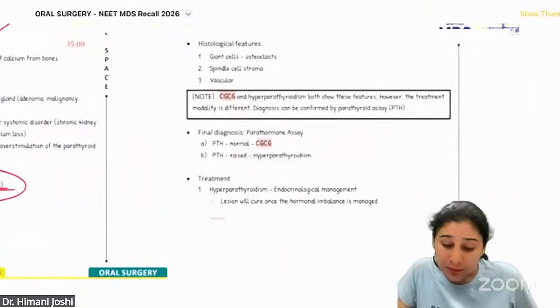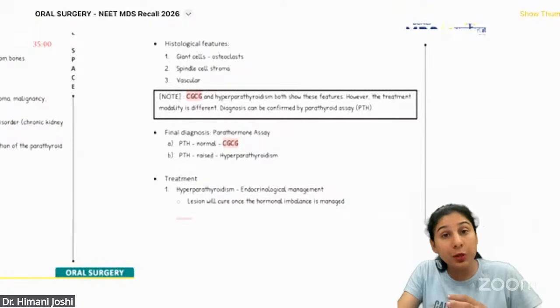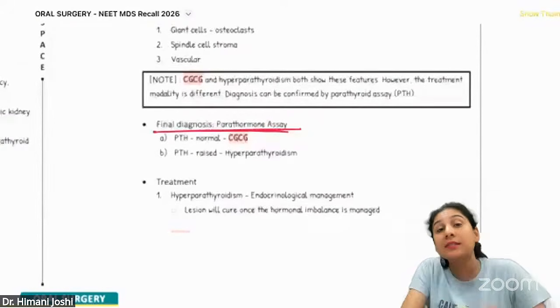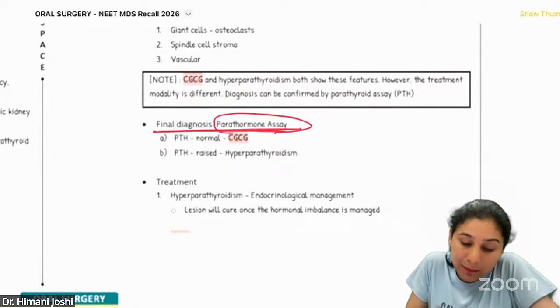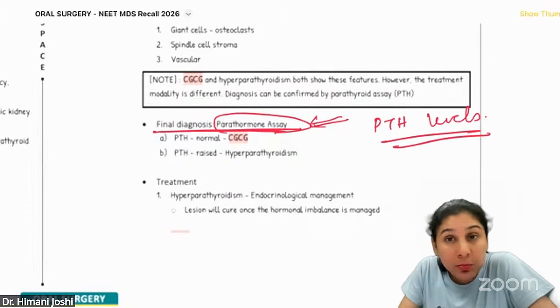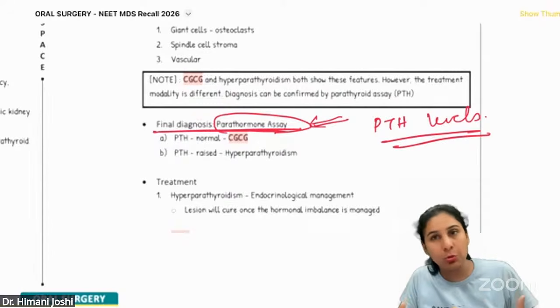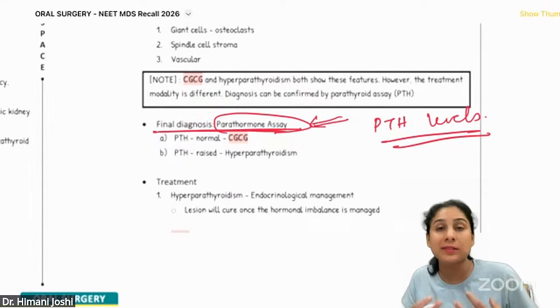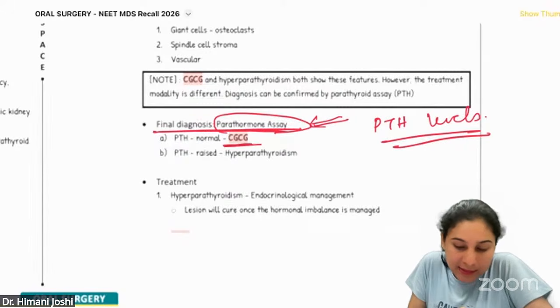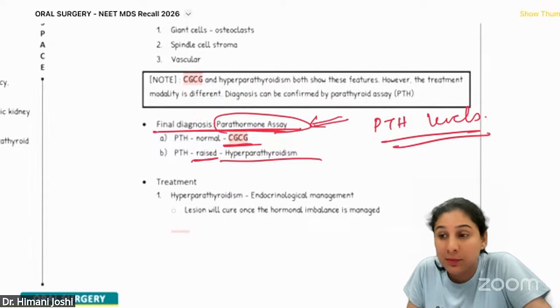All right. And we have also given you this differentiation that the final diagnosis between CG and hyperparathyroidism is done by the parathormone assay. That is the parathyroid hormone levels. So if the levels are normal, it's a diagnosis of exclusion, right? CG is a diagnosis of exclusion. So when the parathormone levels are normal, it is CG. When the parathormone levels are raised, it is hyperparathyroidism. All right,